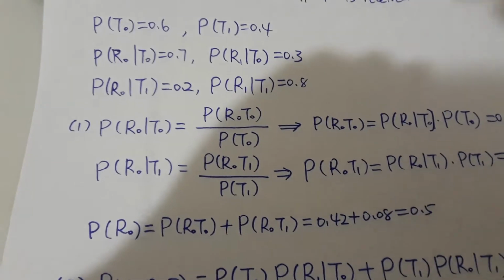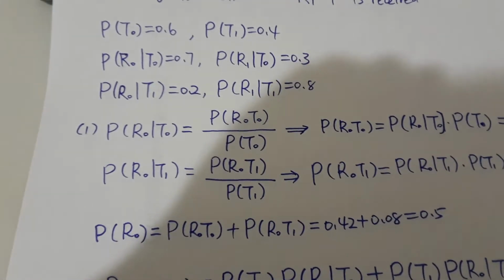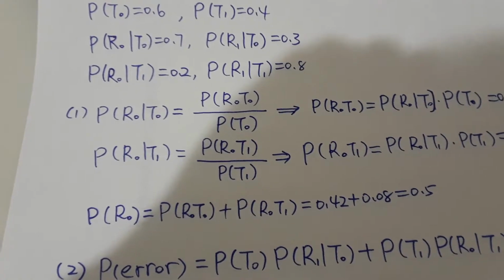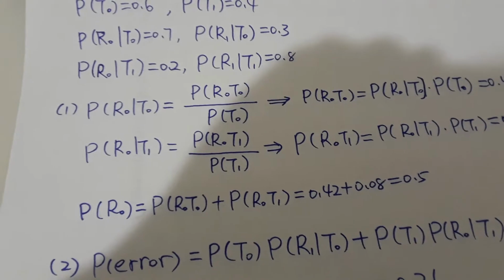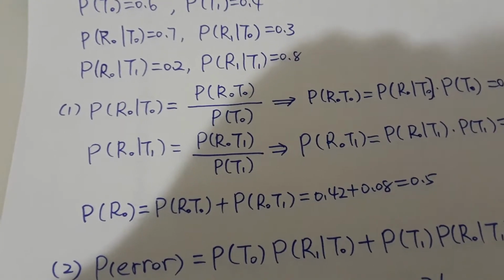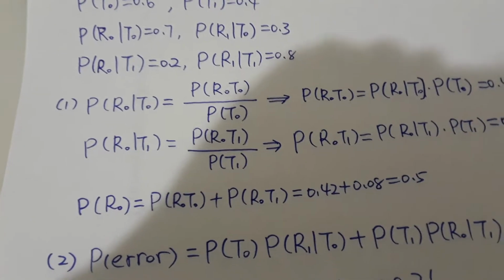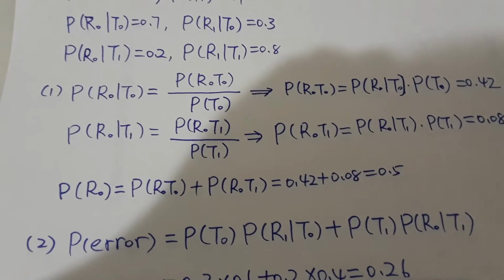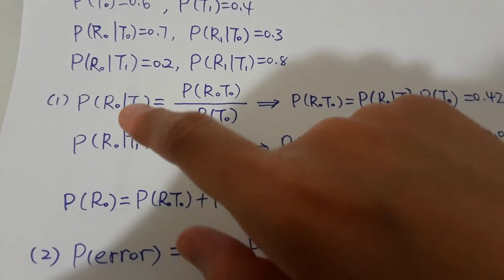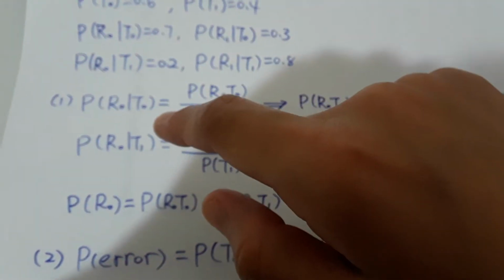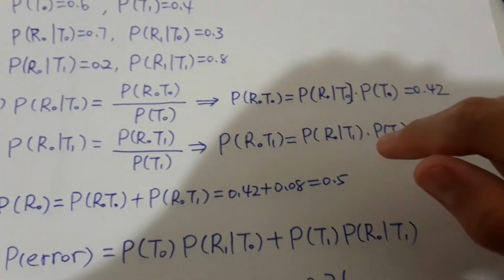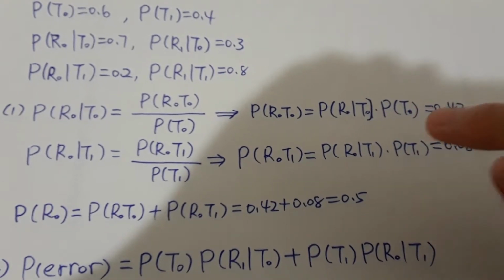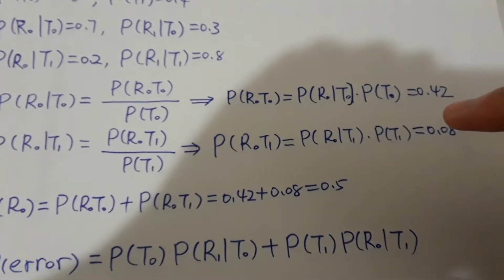0.8. For question 1, to find the probability that data 0 is received, I need to combine the multiplication rule of probability and the addition rule of probability to solve it. First, I can calculate the probability of receiving signal 0 when sent by signal 0. That equals 0.7 times 0.6. That equals